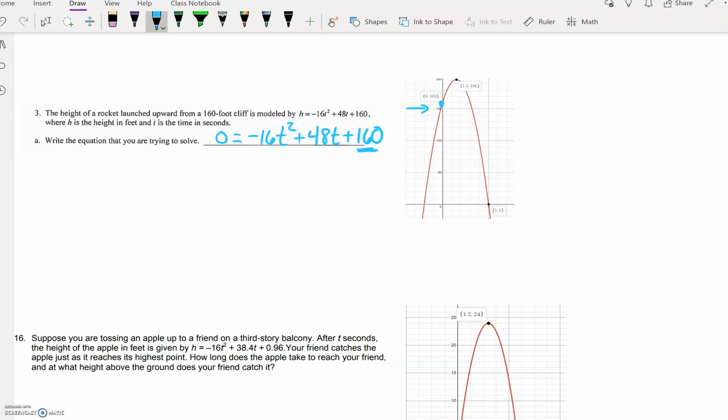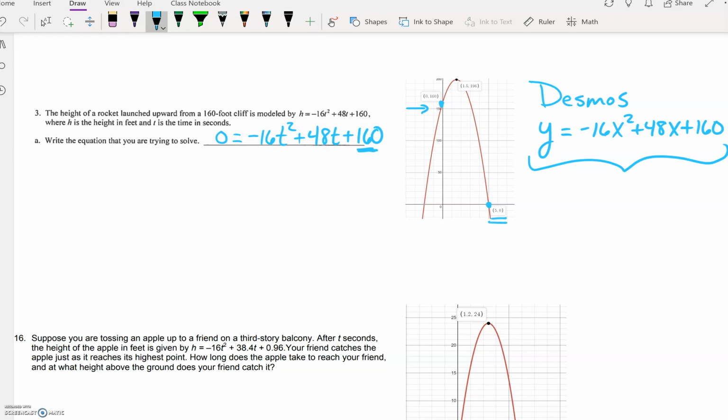Well, graphically, again, I just threw this whole equation into Desmos. Of course, when I throw it into Desmos, it looks like this. I type in y is equal to, and then I just use an x in the place of t. And so when I type it into Desmos, I actually type it in like this, using y and x rather than using h and t, so that might help you guys. It looks like the rocket is going to hit the ground after 5 seconds. So 5 seconds